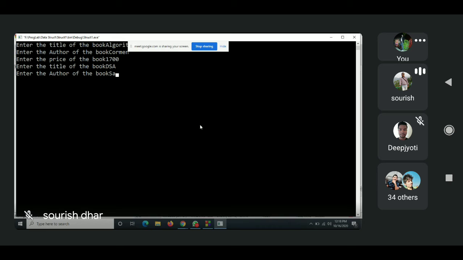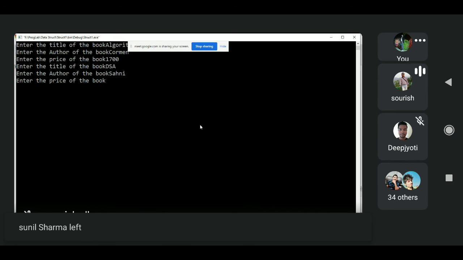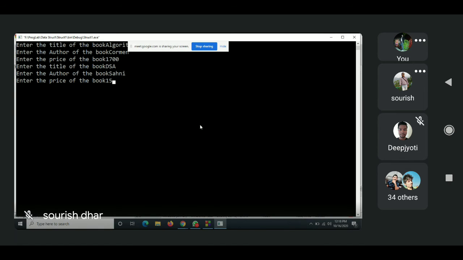Author of the book is Sani and price is 1500. Then the title of the book is, let's suppose, pointers, Kanetkar, and then the price of the book is, let's suppose, 700.